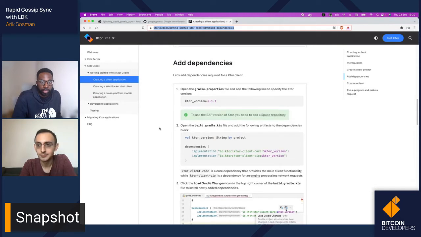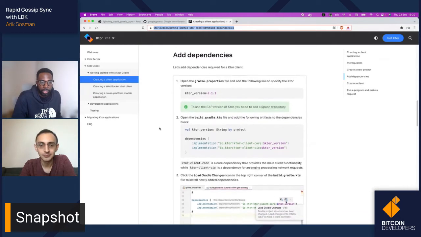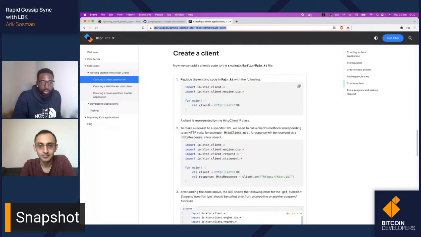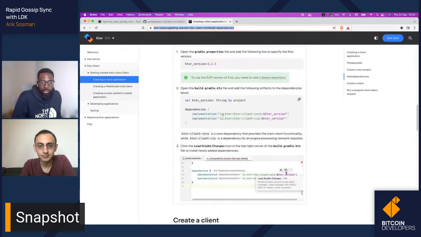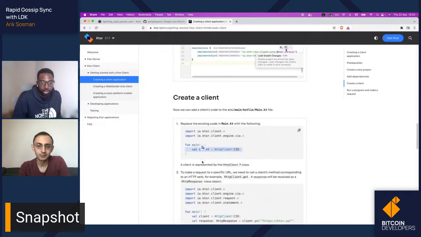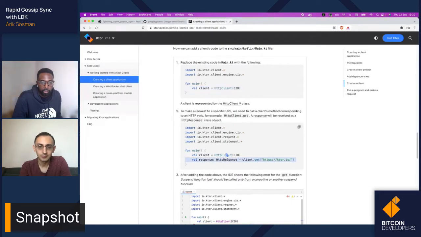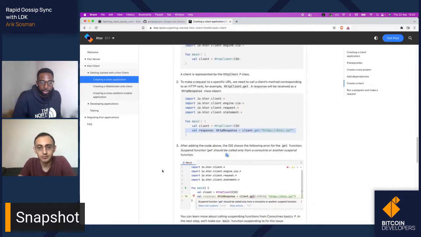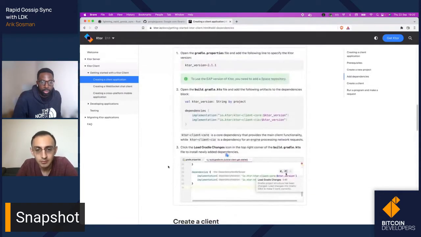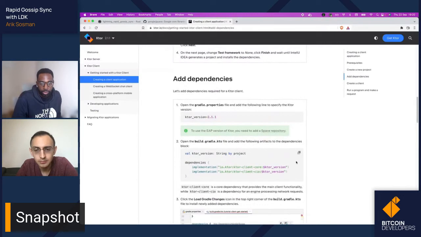All you need to do is add it as a dependency, add the version, create a basic client, and then make a GET request and return the response body, which seems pretty straightforward. So let's give that a go.